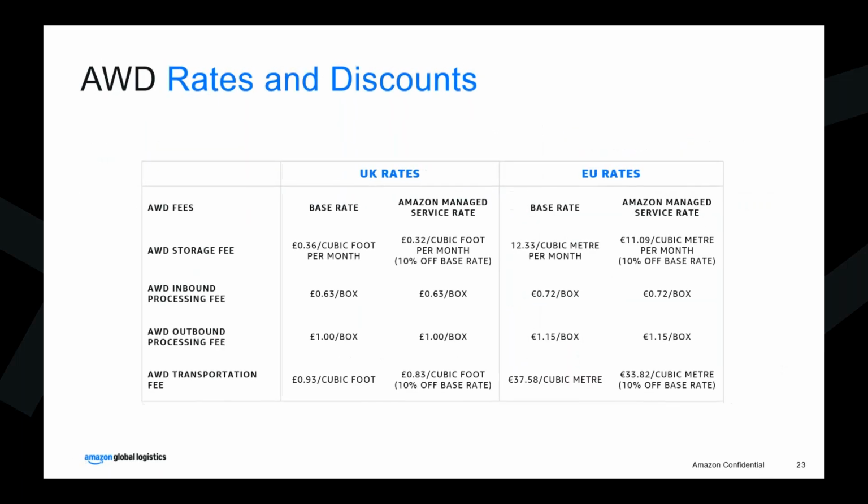And this already leads us to the pricing. Feel free to take a screenshot here. You can see the UK rates first and then EU rates second. The first one is the base rate that you would have. The second one is the discounted rate if you're using an Amazon managed freight forwarder, or the other mentioned criteria requirements for the discounts to apply. You can see the discount really applies onto the storage fee and also the transportation fee. Feel free to take a screenshot and I will continue.